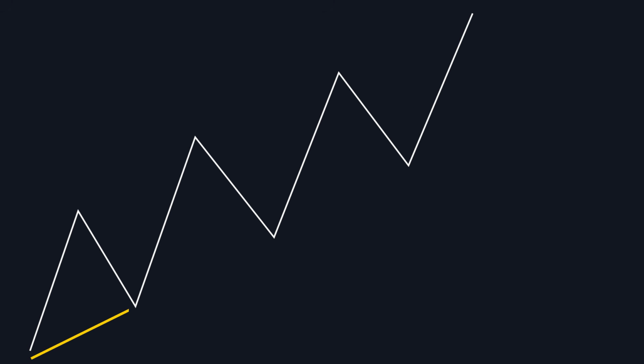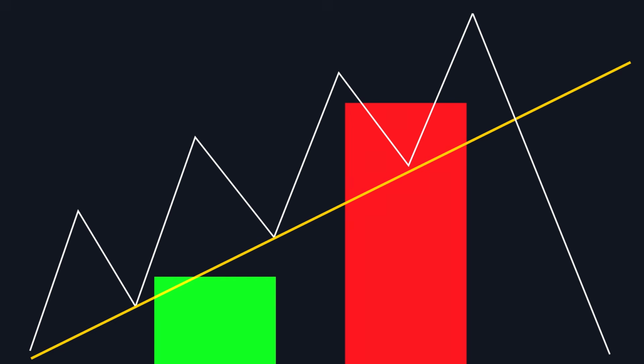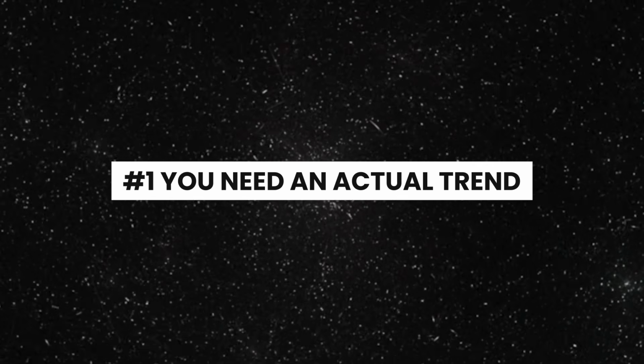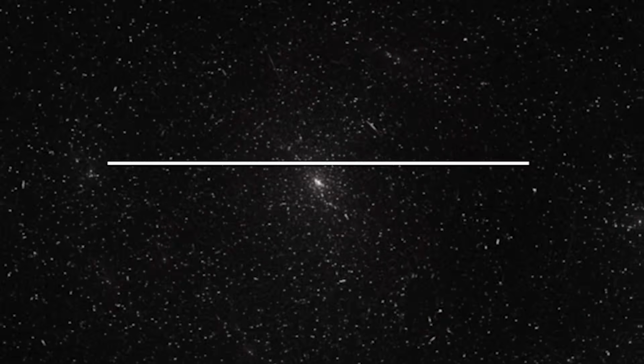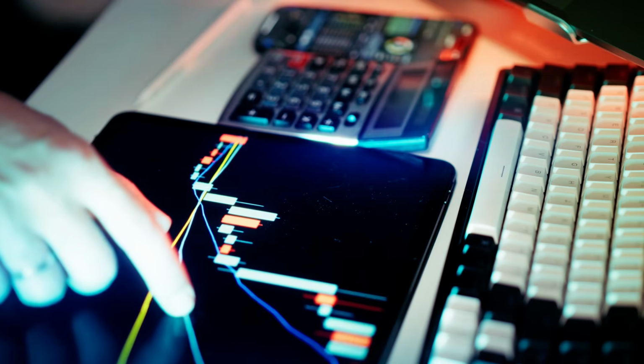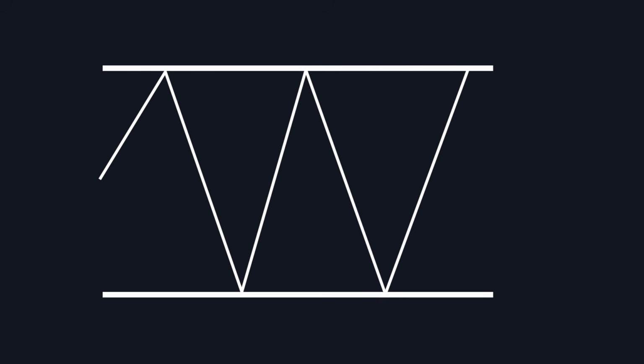The moment that buy program is filled, or the fund changes its mind, the behavior stops. The line doesn't weaken. The buyer behind it disappears. Now that you know what's behind the line, let's draw one properly. Rule number 1. You need an actual trend. This sounds obvious, but half of the terrible trend lines on the internet are drawn inside ranging markets. If price is moving sideways, there is no trend to line up. Skip it. Use horizontal levels instead.